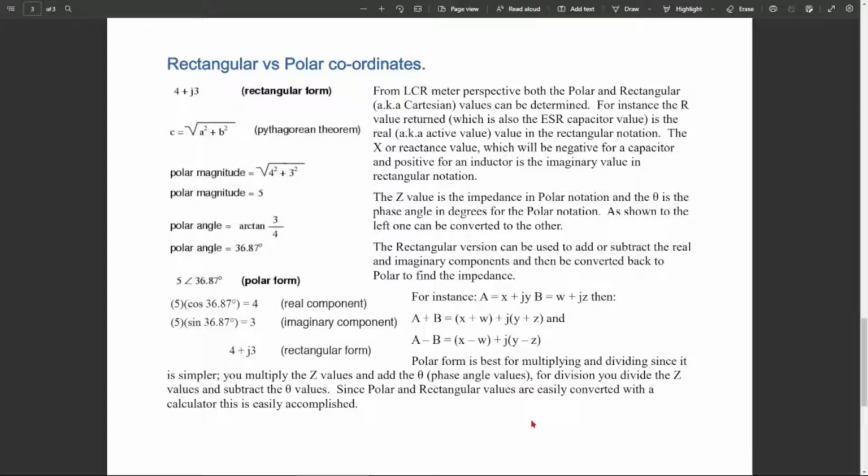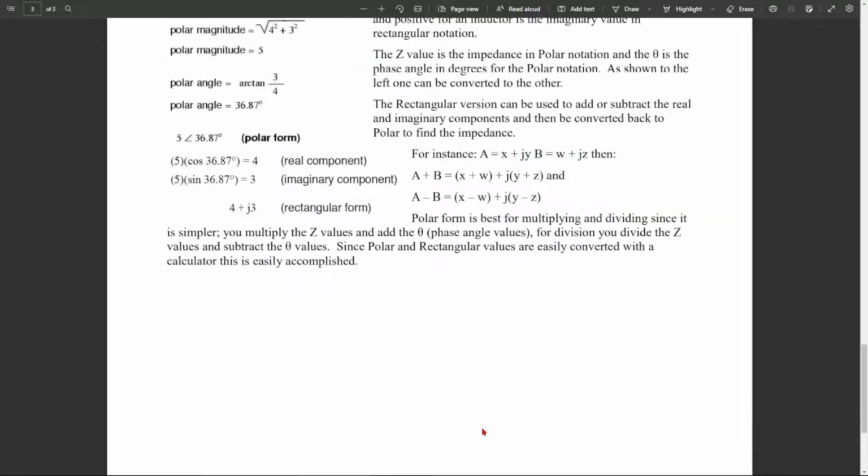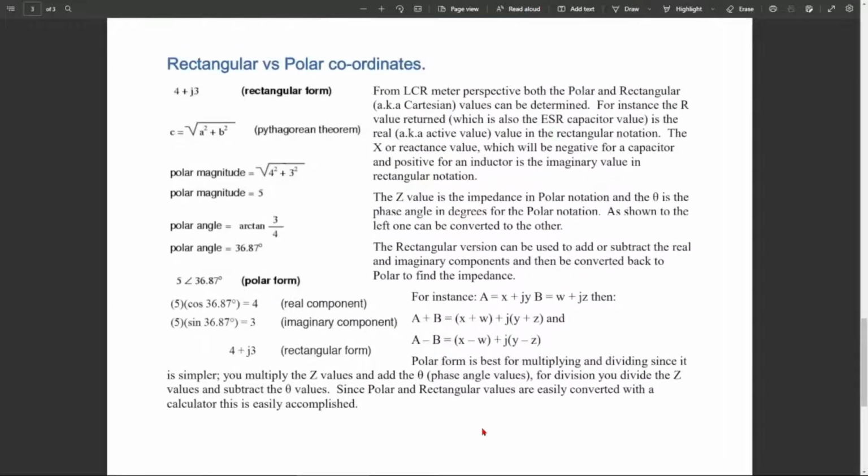Sometimes you need to multiply or divide them. In that case, you can still do it in rectangular format, but it becomes tricky. There's all sorts of rules and things. It's much easier to convert it to the polar form, and then you can just multiply or divide the impedances, and if you're multiplying, you can add the phase angles, and if you are dividing, you can subtract the phase angles. So that's how that comes about,